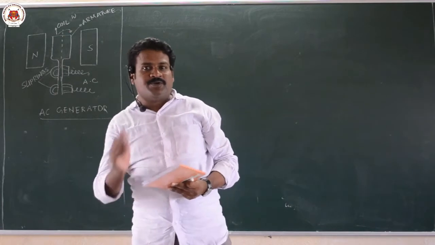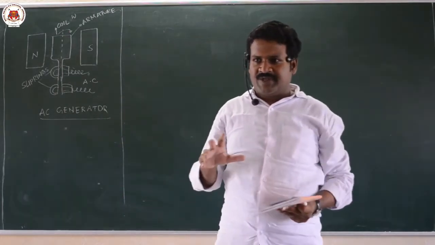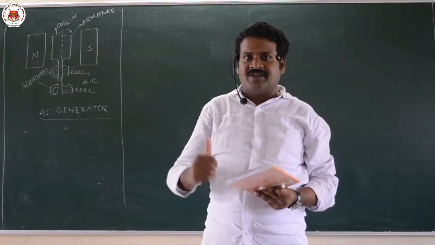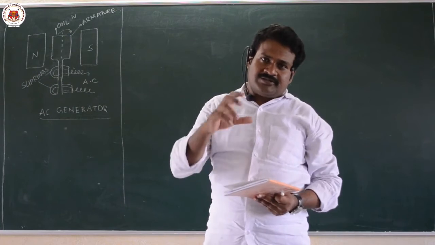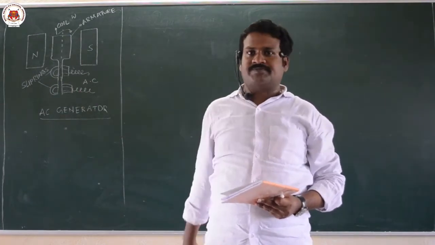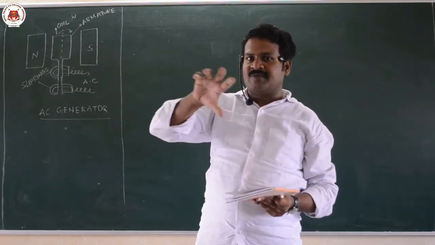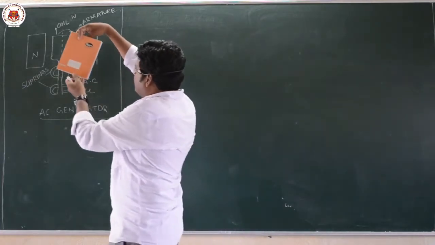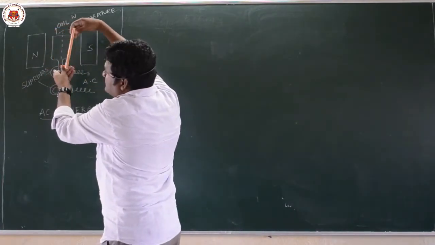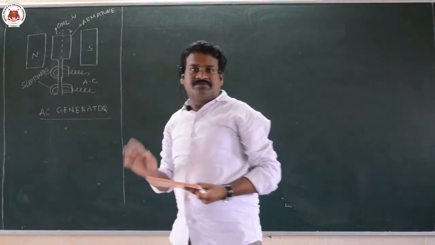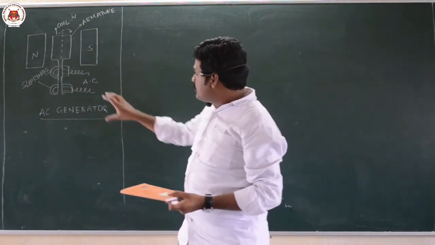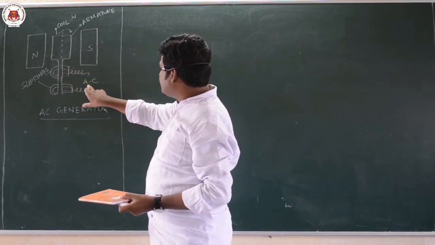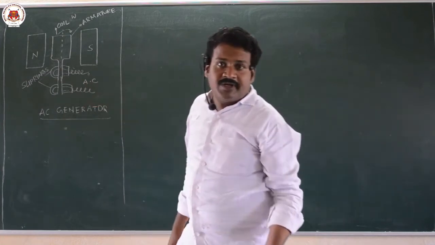In one example question in your textbook, a girl is pedaling a bicycle, and that arrangement is attached to a coil. When she is pedaling, the coil will rotate. So for rotation of this coil you have to make some mechanical arrangement. When you are rotating, we will get EMF. The slip rings are connected to an external circuit, and from this we will get current. We are generating alternating current here. You can observe this in your textbook.